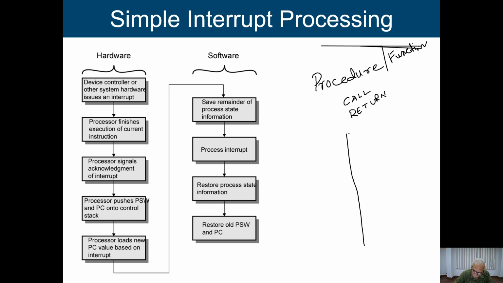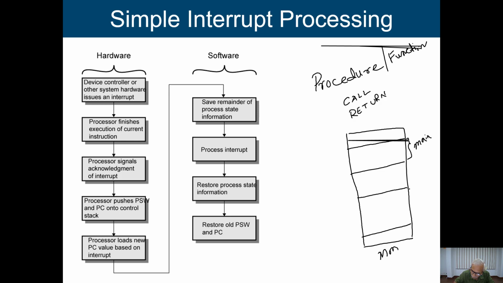So basically, this is your main memory, and here we have the main program. I am just saying main program, and say here I have a procedure. To handle I/O operations, we should have a program, or a procedure, and we say this is the procedure, or we can say this is the device service routine. To work with that particular device, we need a program, and we say this is the device service routine.